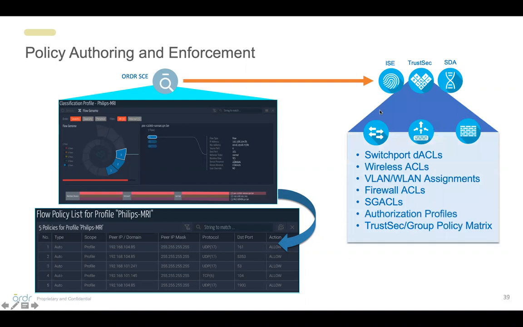And that gets fed directly to ISE so that it can automate the application of things like switch port DACLs, wireless ACLs, VLAN assignments, firewall policy, as well as TrustSec policy down to the nth degree, and so on. So we're going to provide you the information you need to either say, here is the policy, let me copy it, and I'll hand it to my administrator, and they could manually put that in. But when you're ready, we're able to allow you to push a button to automate that entire process. And that's a huge distinction. We're not just guiding, we're able to automate.